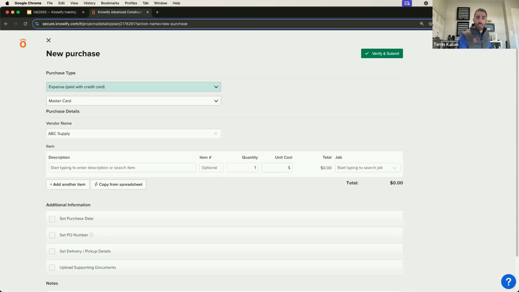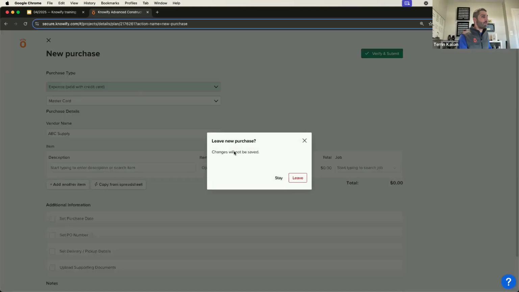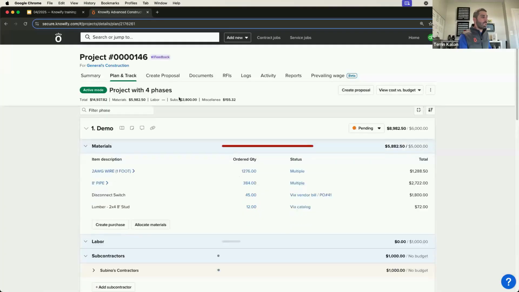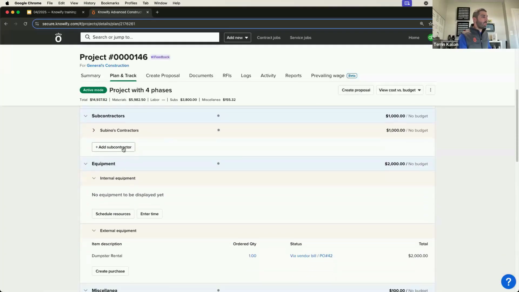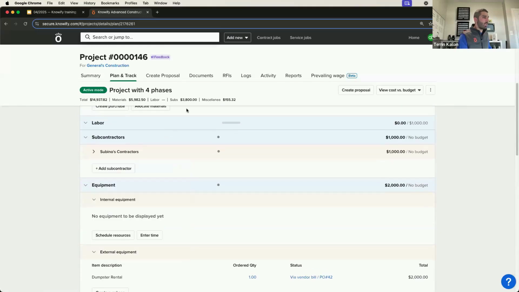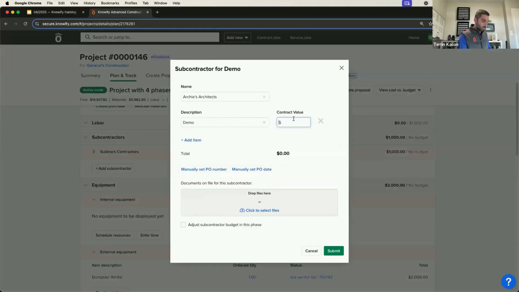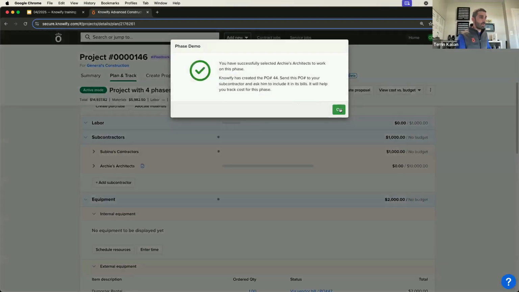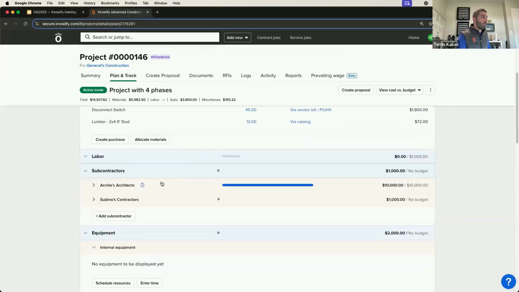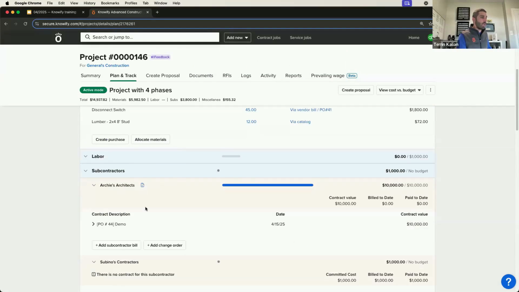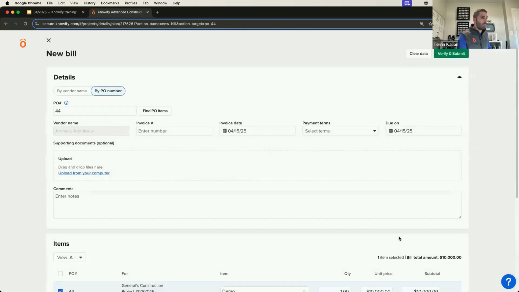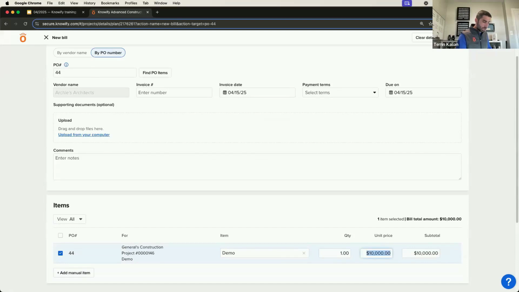There's a question about adding retainage to subcontractor invoices. We don't have that quite yet, but you do have the option of always just logging the bills less the retention. So let's say I have a new subcontract here, Archie's, and they quoted me $10,000. And if there's going to be 10% retainage on everything, what I could do is if they send me a $100 progress invoice, I could add a bill for $900 because I'm just doing less the 10% retention on that